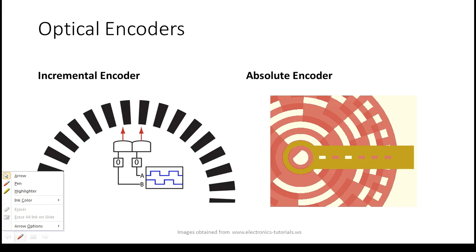And that's what happens with the absolute encoder. An absolute encoder has a limited range. An incremental encoder does not have a limited range. The only thing that determines the range is how big the counters are. But the problem is if you lose power to those counters, you lose your point of origin.